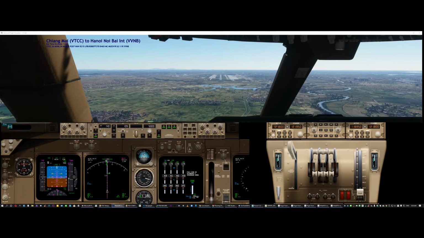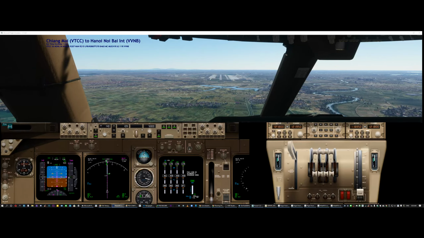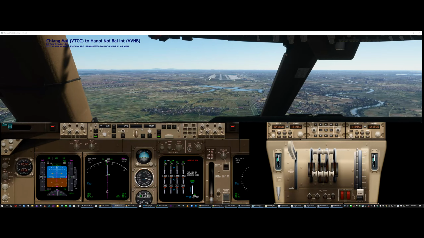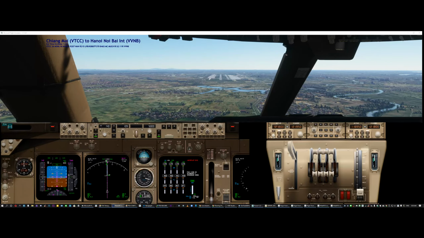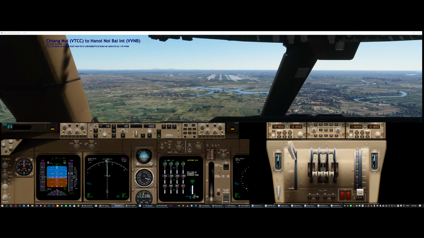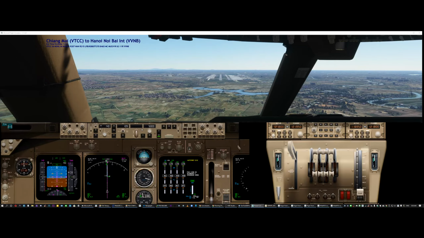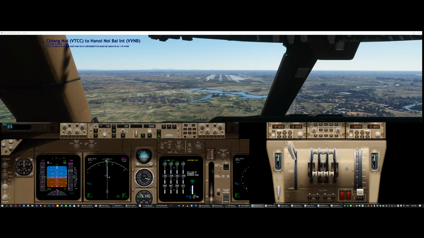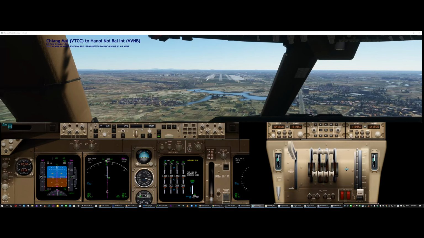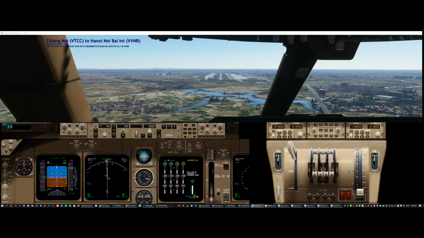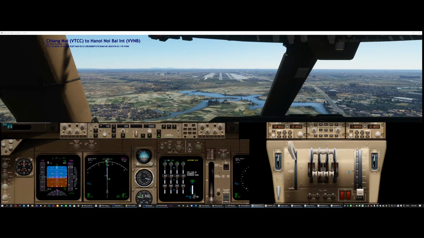Okay, we got land 3, but I am going to do the stupid thing, and I'm going to try and land this myself. Now I'm notoriously not good at this, but